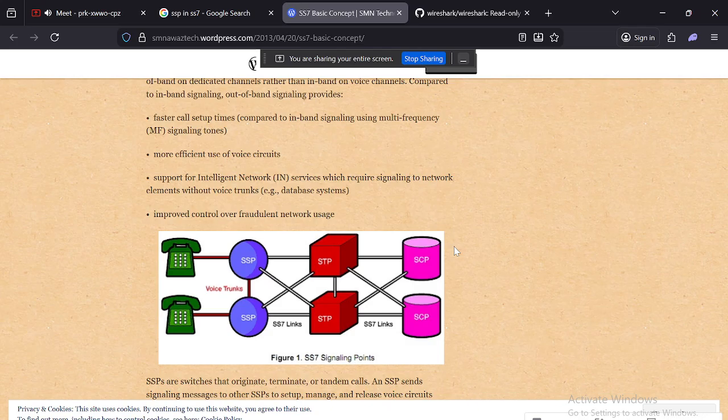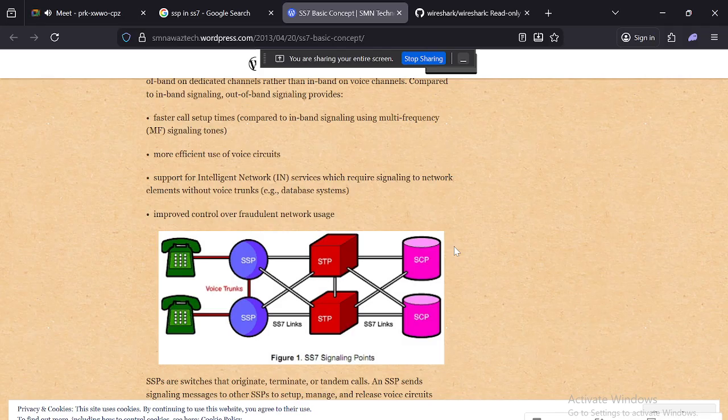Now, how do all the SS7 components work together? An SSP is like a local switch. It sends a call setup request, and an STP routes signaling messages to the right destination. Like if you want to call from Chicago to Latin America, the STP routes the right signaling message to the switch. Another SSP is the destination switch that handles the ringing.